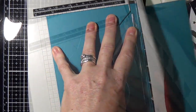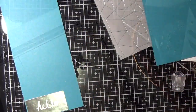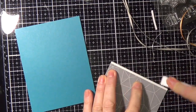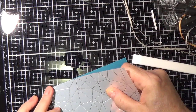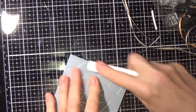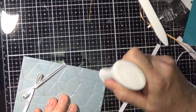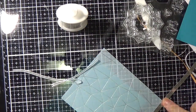Card number two, I used some blue paper from my stash and cut down a piece of the vellum, and they're both the exact same size. I attached some double-sided tape right at the very top because I was going to put a piece of foil striping, which was, I just cut one strip and I used that from the striped foil paper. The foil on the